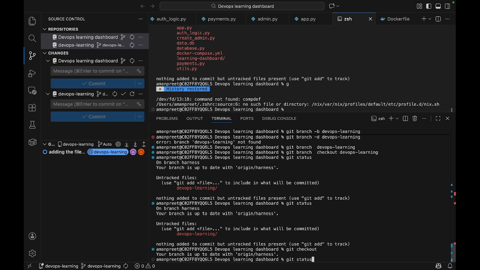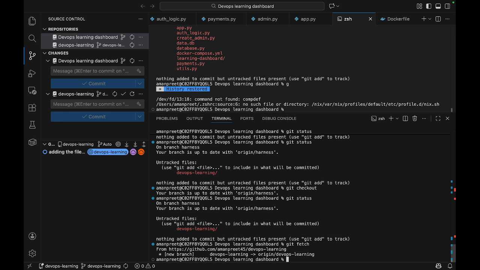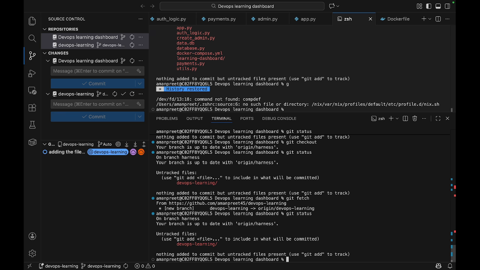Until we solve it, we are not going. Use git status again. Still on the same branch, Harness, but